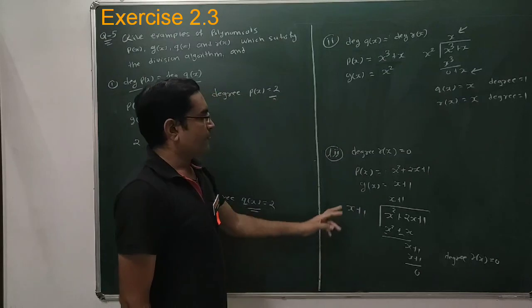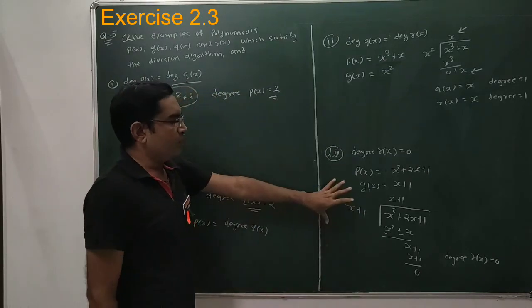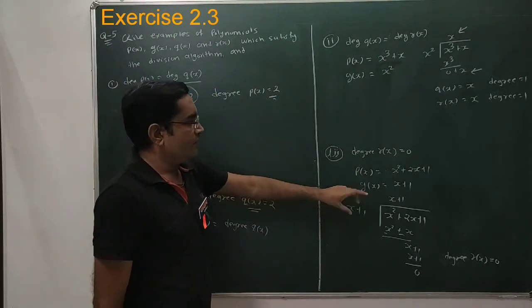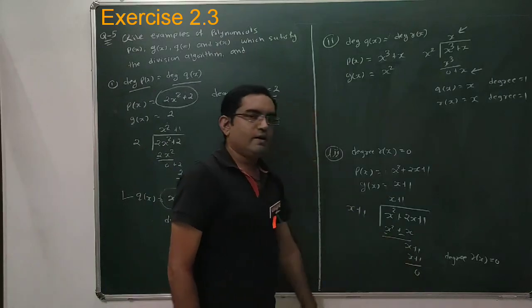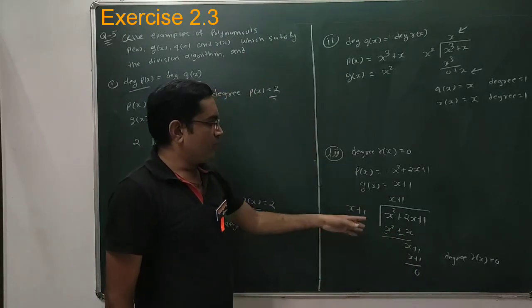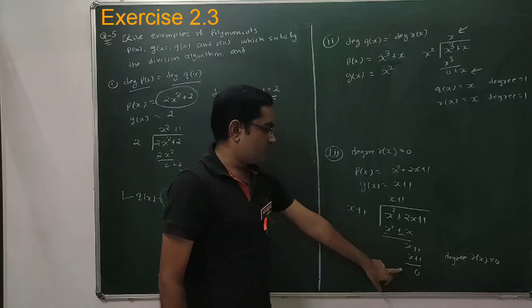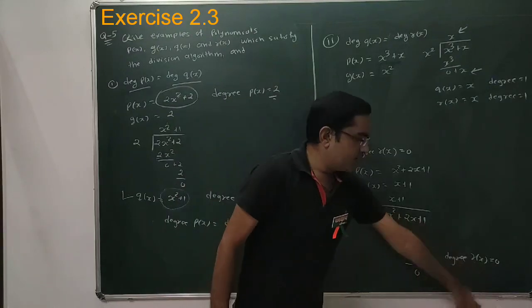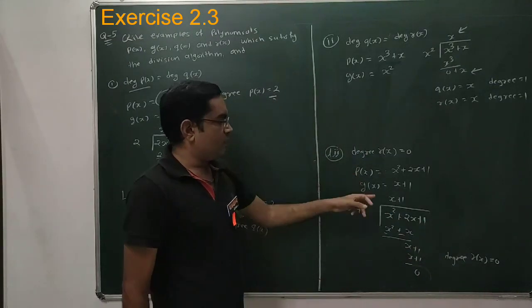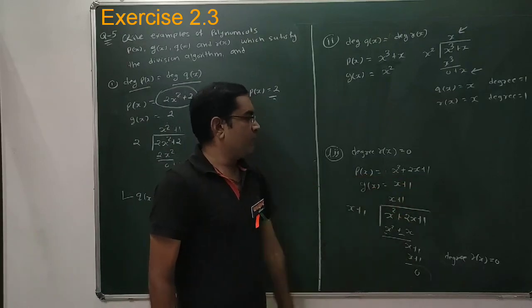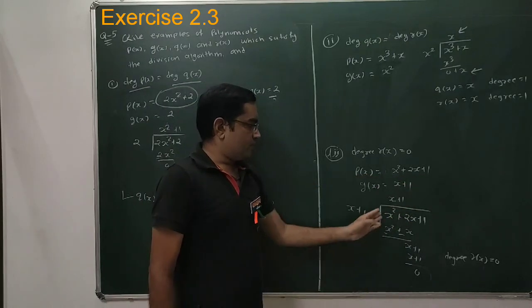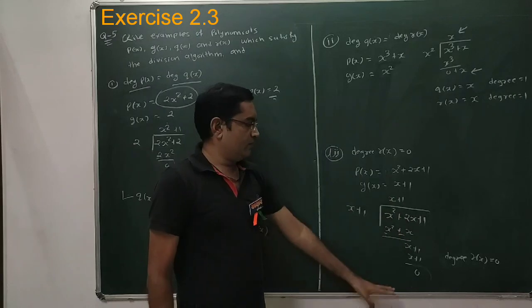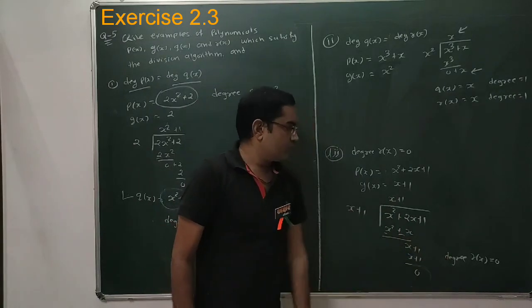Clear? So this is the example of polynomials in which degree of quotient as well as degree of remainder both are equal. Third case, you have to write the polynomials in which the remainder has 0 degree. So you can write any polynomials whose remainder is 0. So if remainder is 0, degree is 0. Consider this polynomial x square plus 2x plus 1 and g of x is x plus 1. It will satisfy our division algorithm. We are getting remainder 0. So degree of remainder